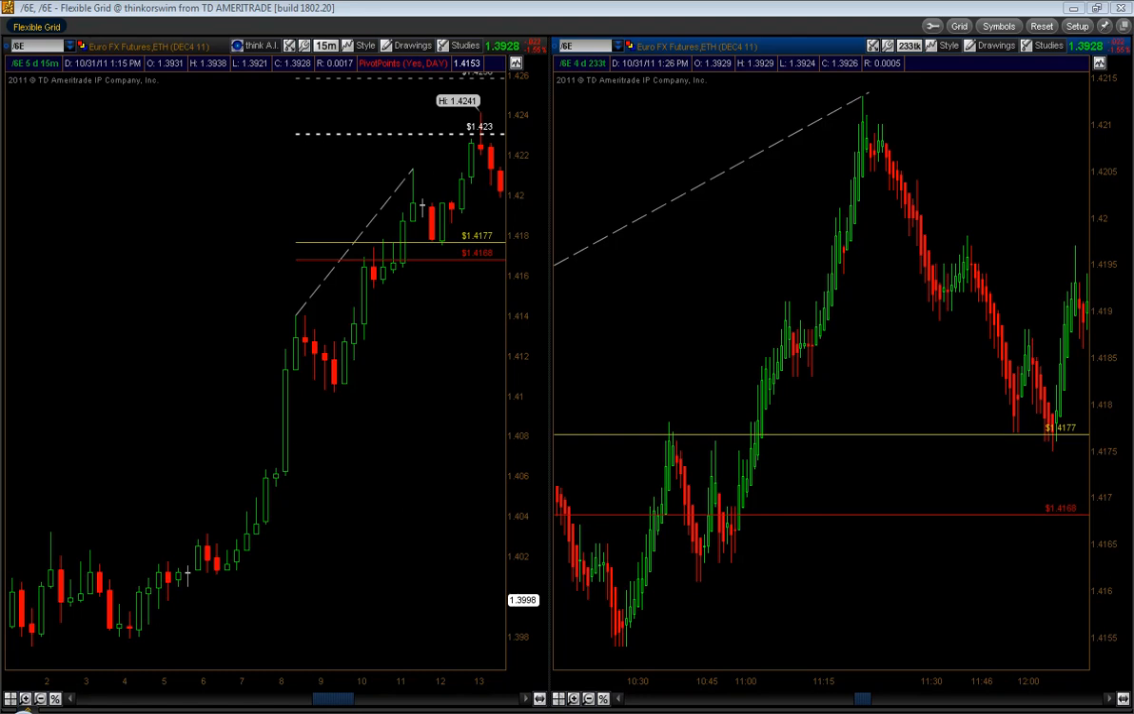I wanted to go over a trade from Thursday, and I actually had the Jing running, capturing the trade live, but then it crashed on me. So I wanted to still go through the trade and show you the setup, and it's actually on the Euro